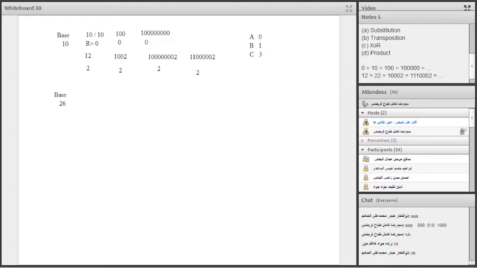Now we go to base 26, because why do we use base 26? Because A to Z can be 0 to 25. So we use the remainder of, for example, 26. So for the remainder of 26,